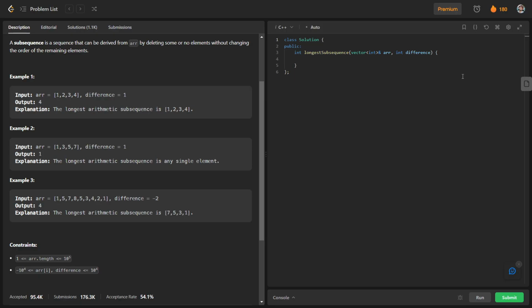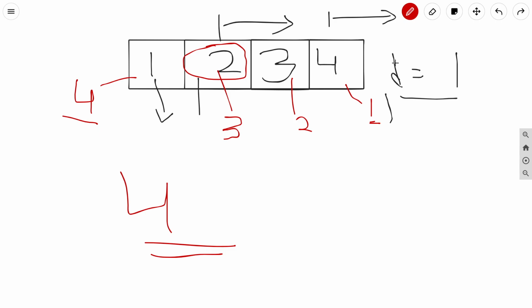For this, we will have some variables with us, like int maxLength. It is going to be the maximum length, and we will initialize it with 1. As you can see, the minimum length can be 1, because any element can be an arithmetic sequence by itself, so the length will be nothing but 1.